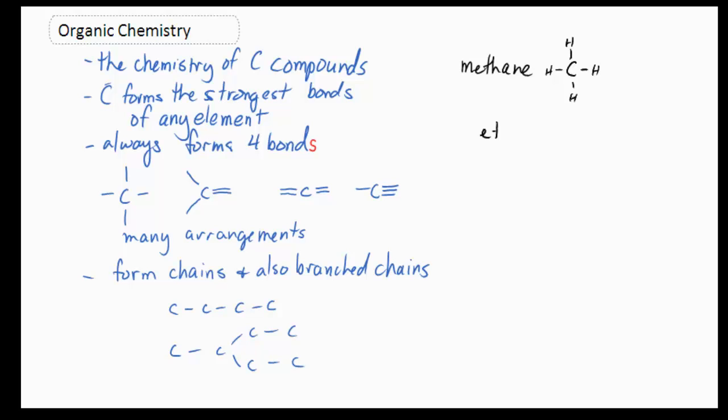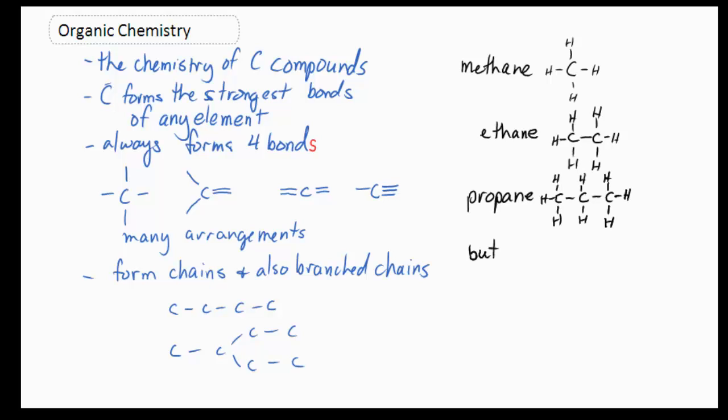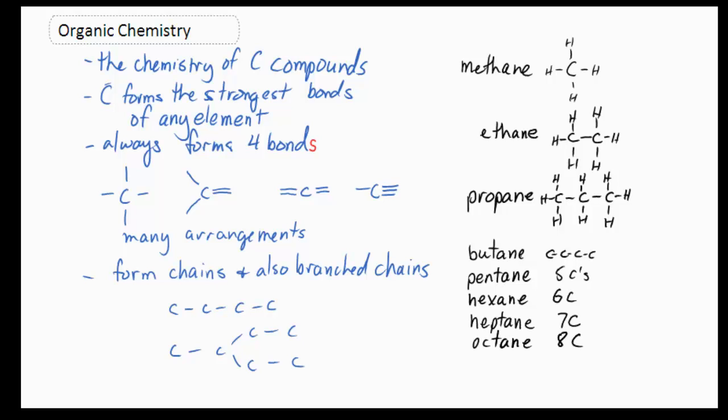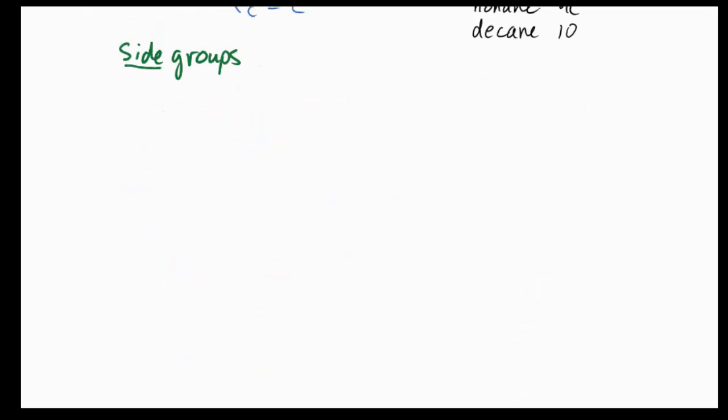We begin with methane, CH4. Add 2 carbons in a row and you have ethane. Propane is 3 carbons in a row. Always there are enough hydrogens to make a total of 4 bonds for each carbon. Butane is 4 carbons in a row, and here I'm just going to stop drawing the hydrogens. And in fact, pentane, hexane, heptane, octane, nonane, and decane, these are the names of the first 10 building blocks